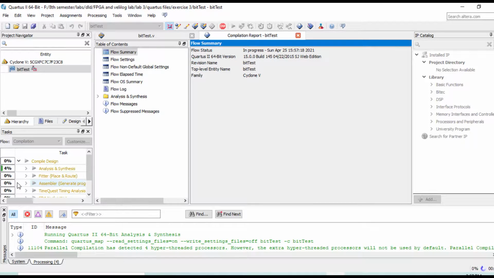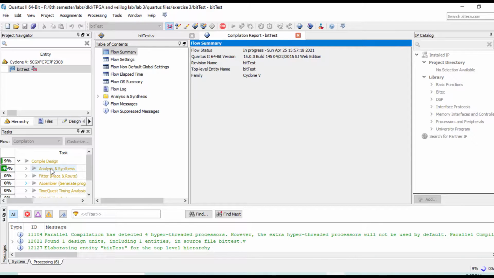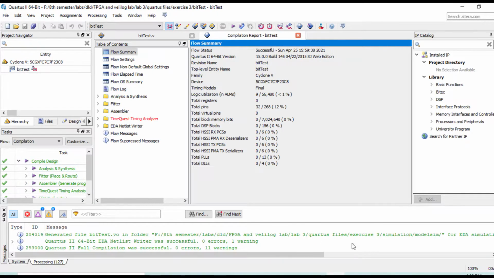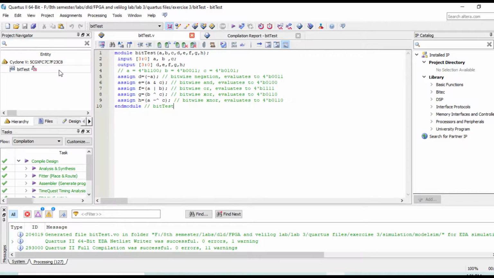This software will take a little bit of time because this software compilation is not very fast. Its compilation is just a slow process, so you just need to wait here. And here you can see our compilation is finished. Here you can see the compilation screen.